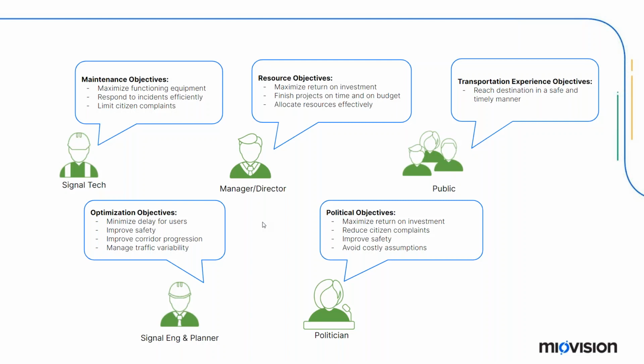So talking about how do we help the signal techs actually resolve problems? How do we help minimize functional issues and limit citizen complaints? How do we really optimize the intersections and improve safety with the signal planners? And then as everybody has managers, always looking for that return on investment. How does an agency invest in something and get the expected outcomes and gains that they're really going after? And then for all of us, our customers, the public, really ensuring that we're creating that positive transportation experience that considers